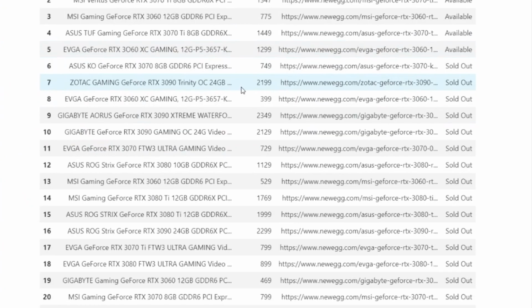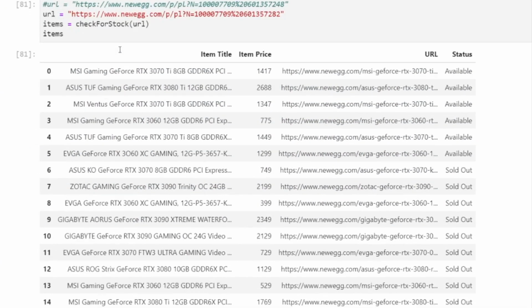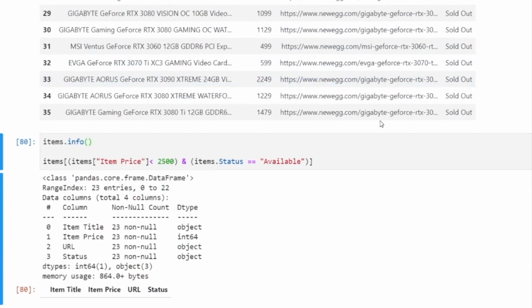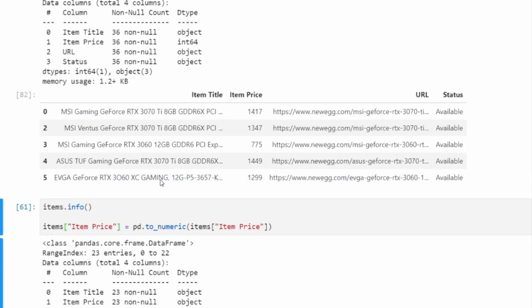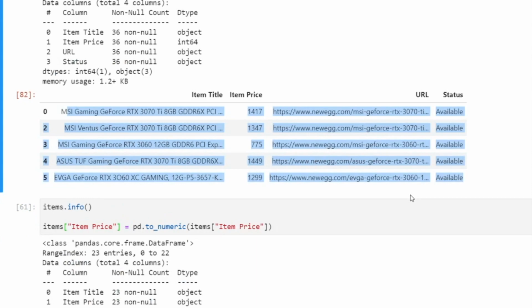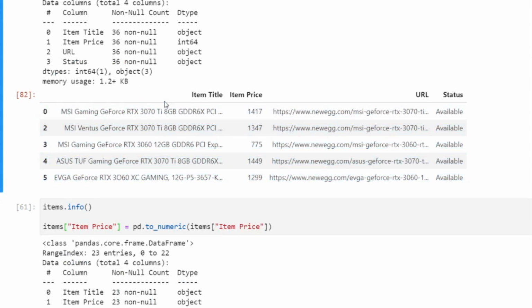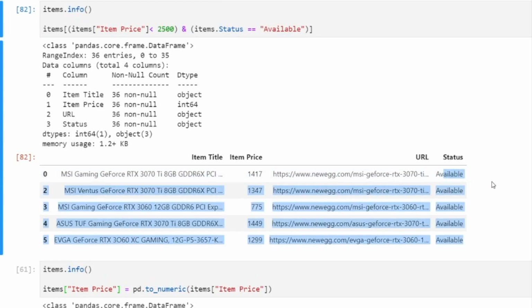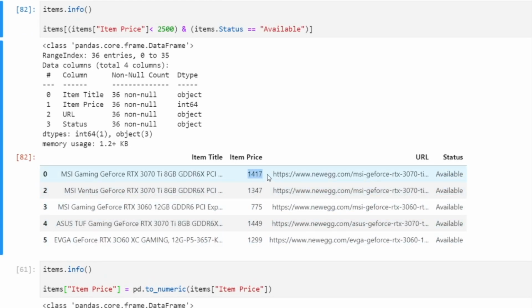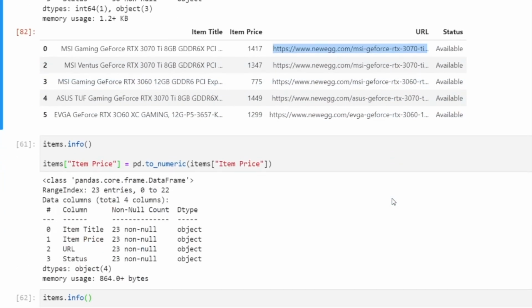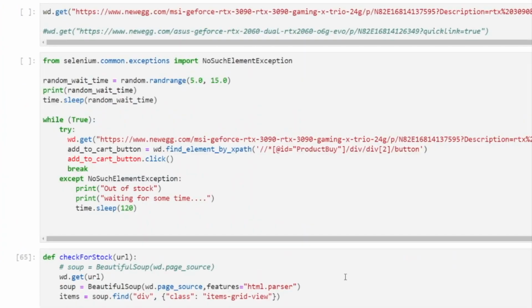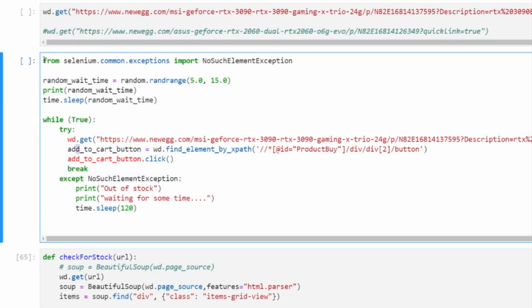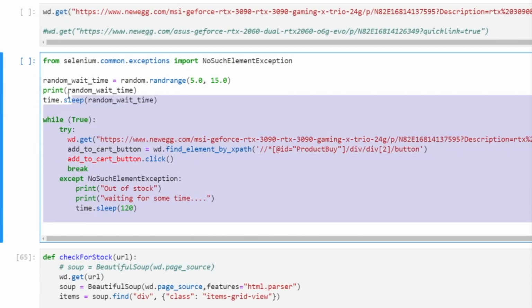And you can see now that we do get a list of results, right? And then if I do a query, I only get things that are available, which is not a great lot. So we have 3070s, 3060s, and that's it, basically, right? But then you get an idea now. We have a way to check on price, and we also have a URL here which we can use to add to cart, and that's what we can do now in our script. So I could go and reuse this code now. We can modify this code.